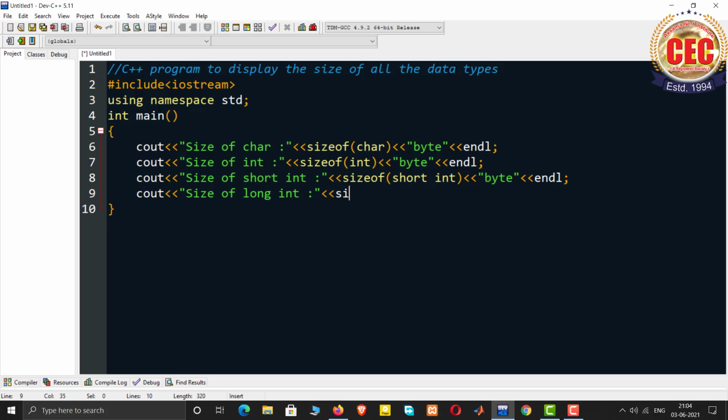Output operator, then again the sizeof function, inside parentheses we will write long int, output operator, same byte, and then endl. After the long int we will find the size of signed long int. So all these are data types. Size of signed long int.